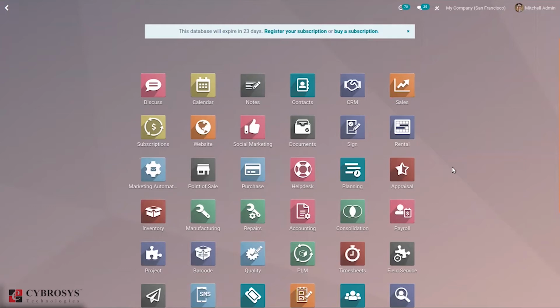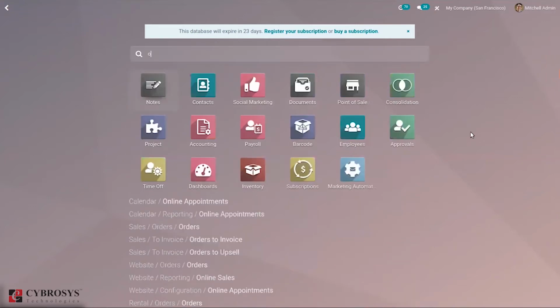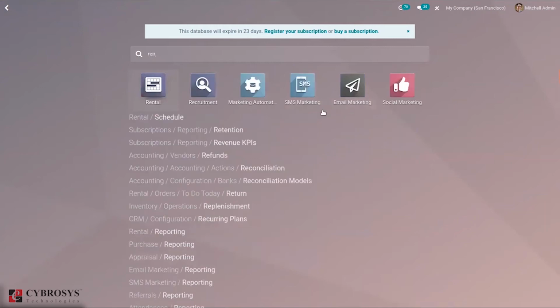So, managing a rental business can be a painless task if the entrepreneur is using an ERP solution to manage operations. The use of ERP can help the business manage rental orders, customers, rental invoices, pickup dates, and return dates in a systematic manner. So, let's see how we can manage these operations using this module. For that, just search for rental in the App Store and install it.